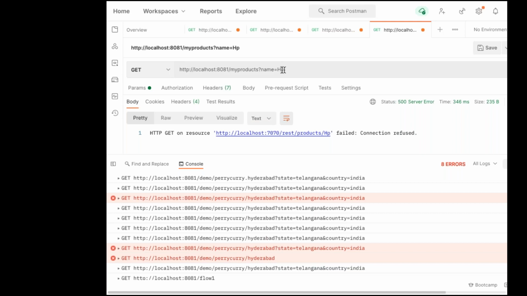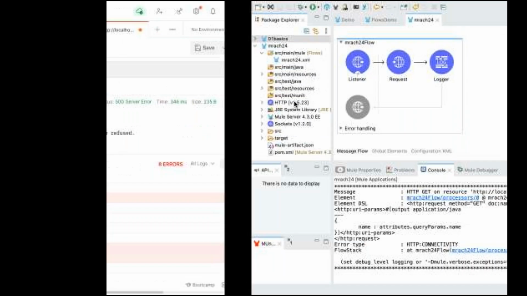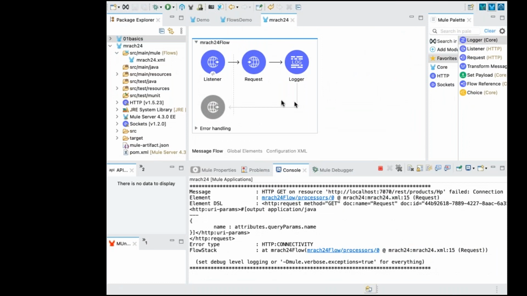You need to start the REST application there. Have you started that batch file? No. Start the batch file. It is sending a request, but there is no server available. How do we start it? Go to the folder which I have given to you, Mule4 Labs in Workspace.